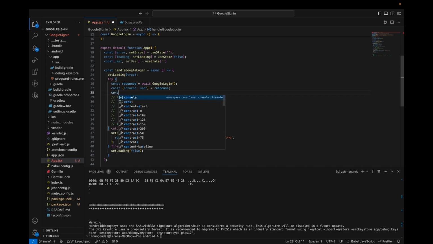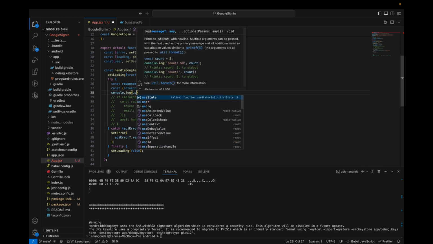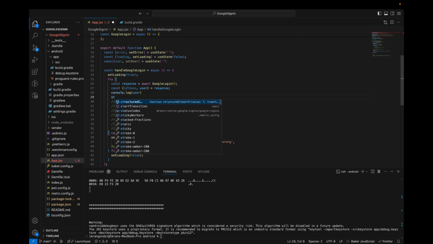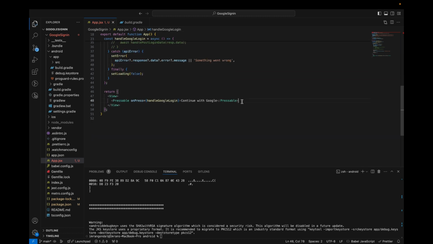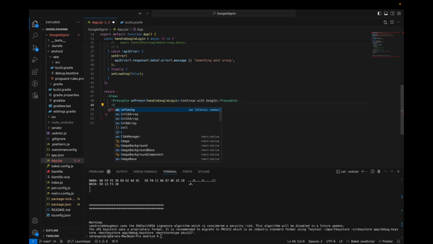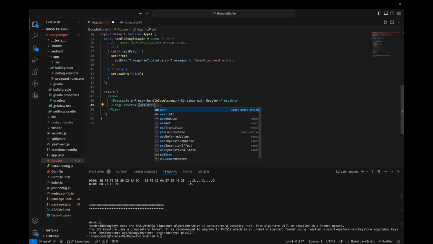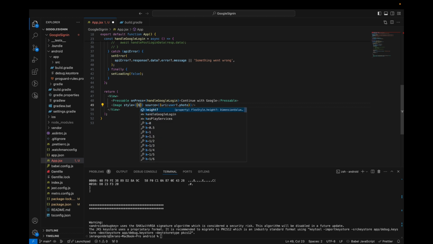So here I'm going to console log the user, and I'm going to setUser to user, and I'm going to use here the Image source URI user.photo, and I'm going to give it some style, height of 50 and width of 50, and I'm going to give it a resizeMode cover,